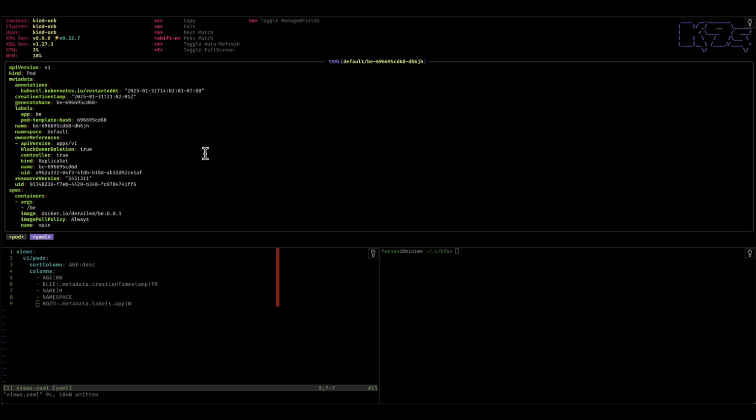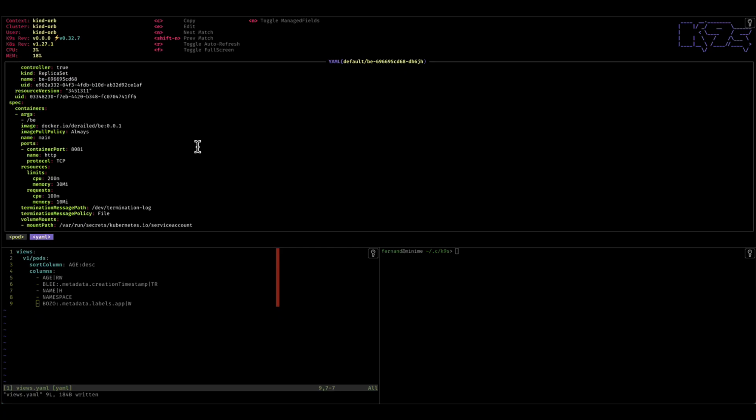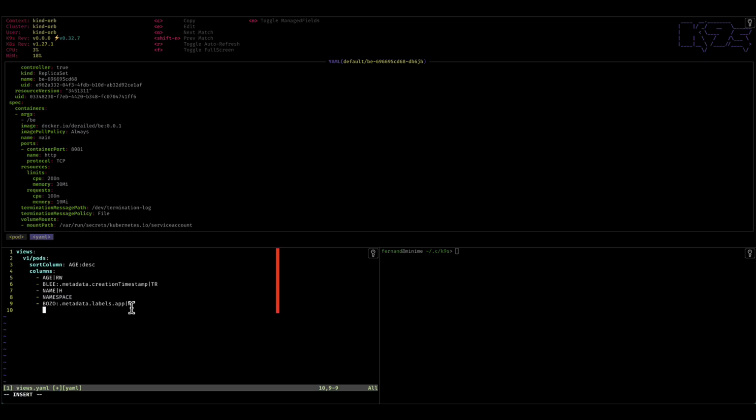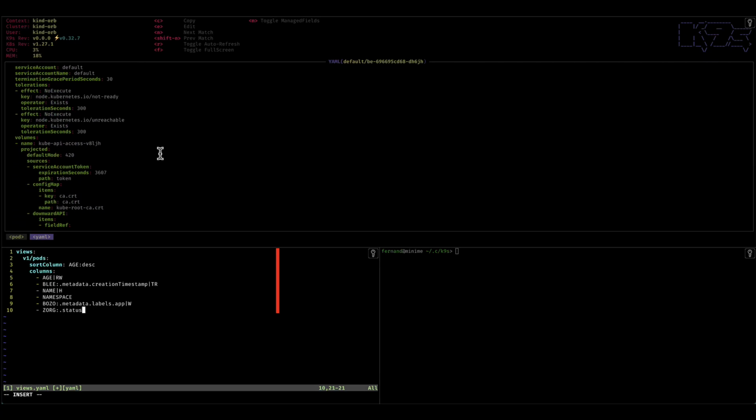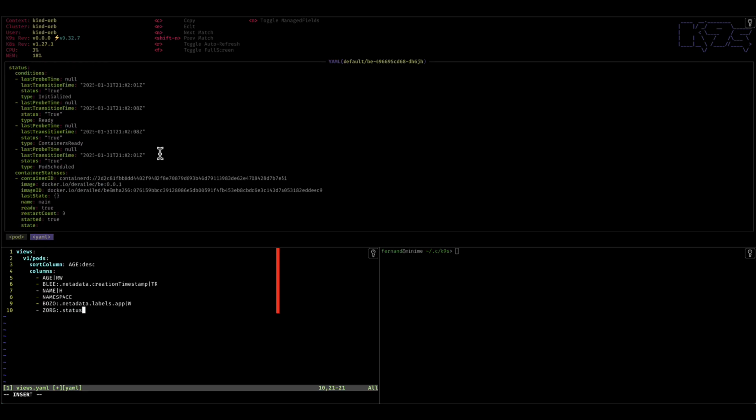Again, if I go back to my YAML, let's do something a little bit more interesting. Let's pull out the container status, for example. So let's go with the column Zorg, and let's go ahead and say, let's see, status. So we're going to dive into the status of the pod. And that's kind of handy to be able to see the various fields there. So again, array type on status, container statuses. So let's go ahead and do those